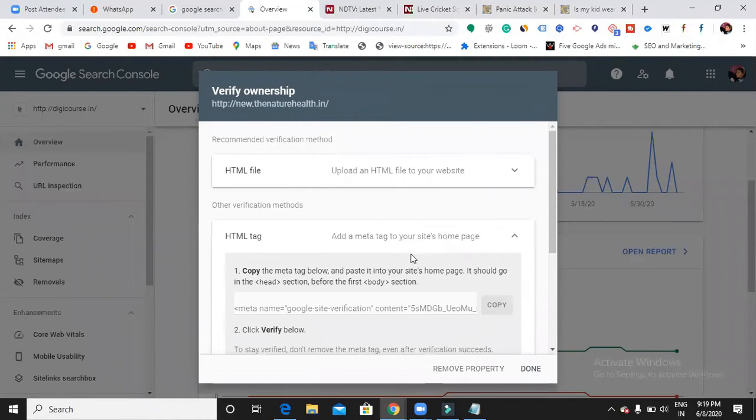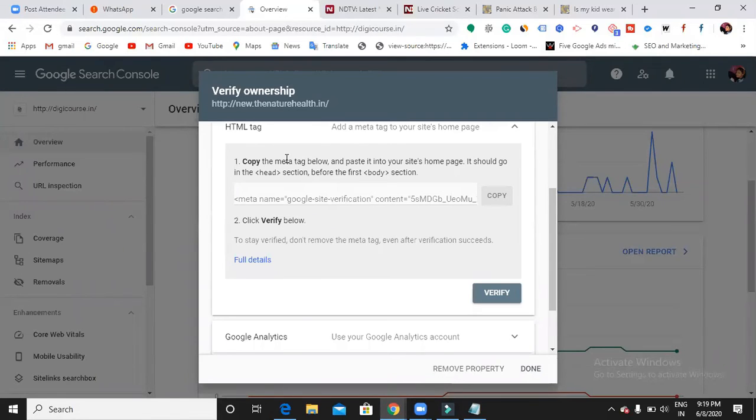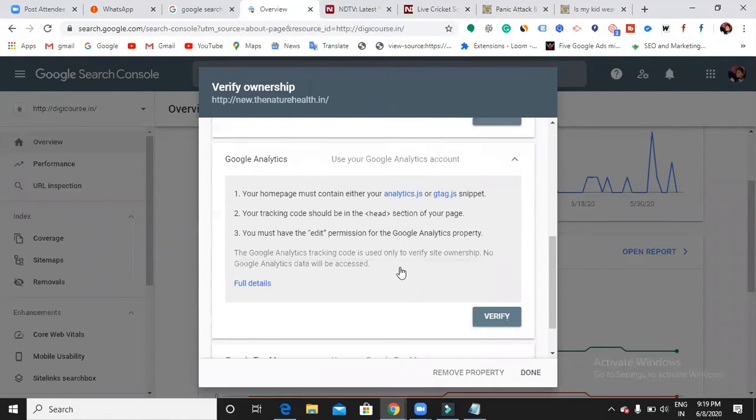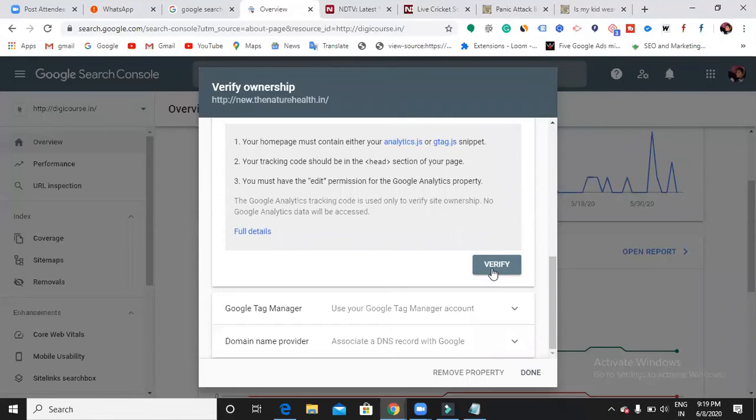Then HTML tag. Here it is asking me to copy the meta tag below and paste it in your site's homepage. There is a code that appears here, and I need to copy and paste it in my website. This is also one method. If I choose Google Analytics and you already have a Google Analytics account, you can just click on verify, and it automatically gets connected.